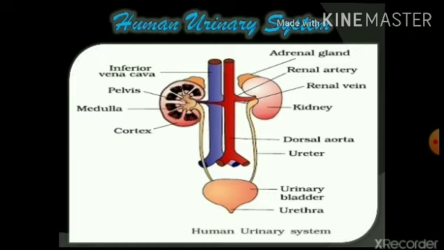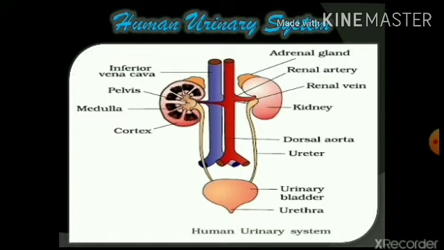The process of filtration of blood starts with supply of oxygenated blood by the dorsal aorta to both the kidneys. This blood carries oxygen to the kidneys. At the same time, it also has the waste material that has been collected from all over the body. When this blood is supplied to the kidneys, it is filtered so that all the waste materials are filtered away in the form of urine, and the blood is sent back by the vena cava.